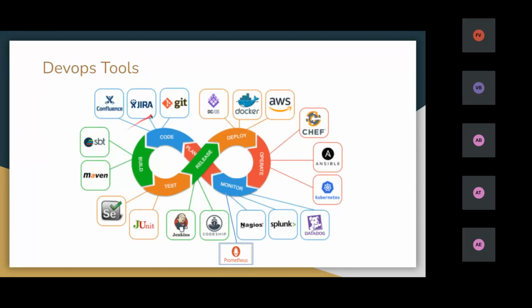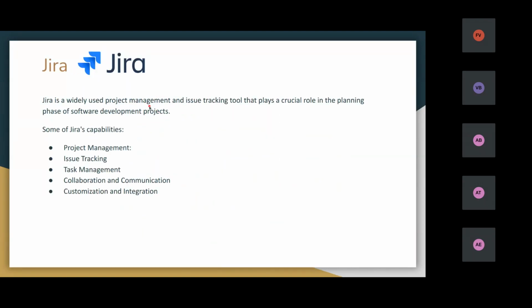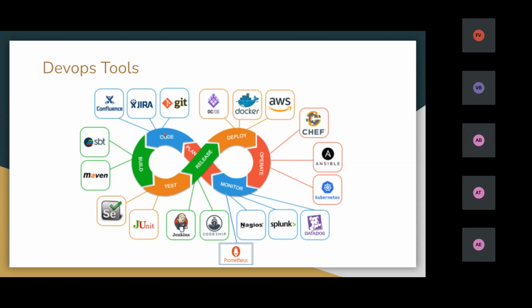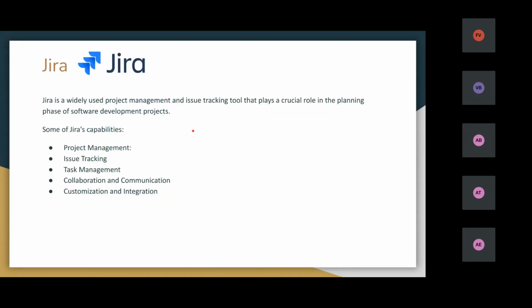These were some tools. Jira will be used in the planning and coding phase. It will be used as an issue tracking tool. The requirements will be gathered into this tool, and with respect to this tool, the further process is done. Version control, etc., can be controlled through this application.